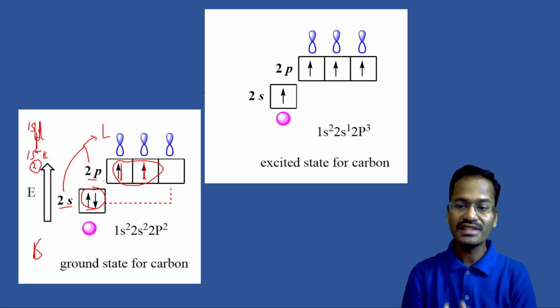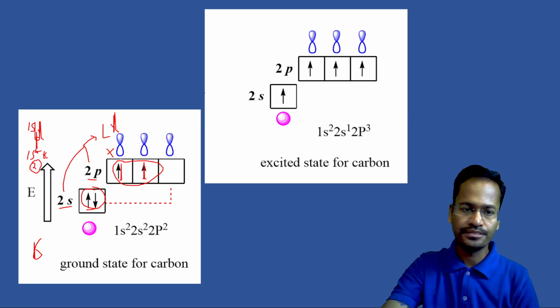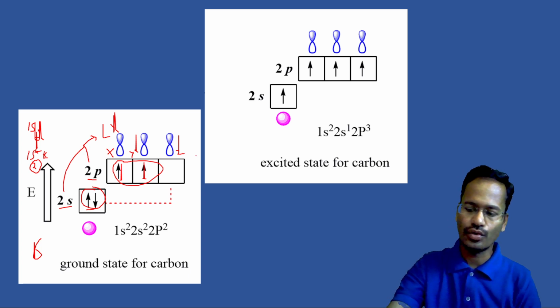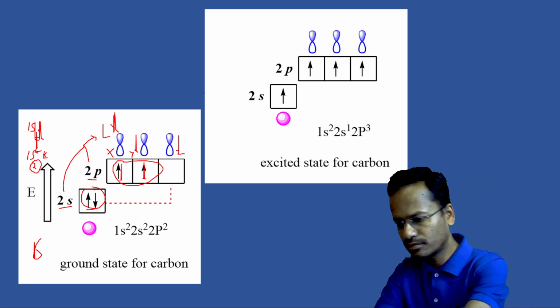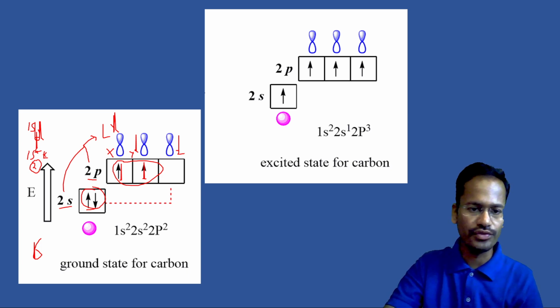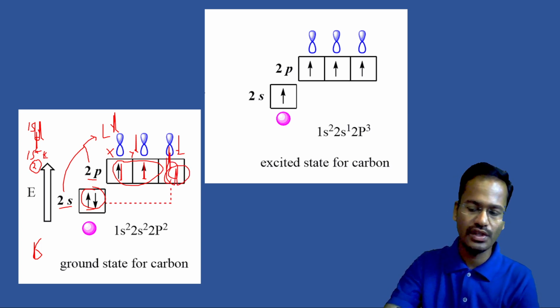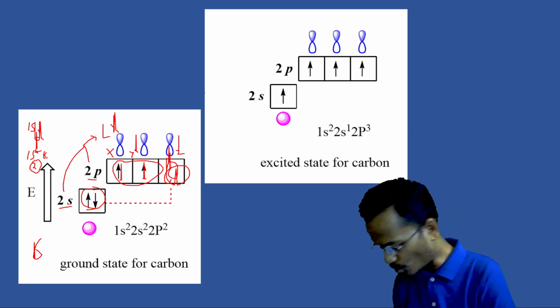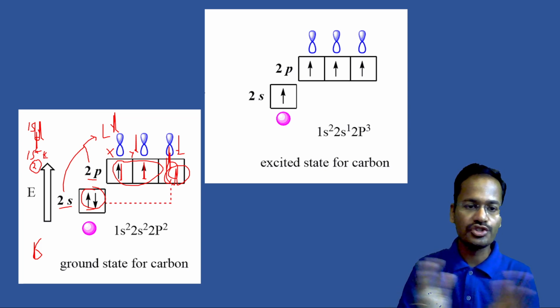So what's exactly happening at ground state is 2px is having 1 electron, 2py is having 1 electron, and 2pz is having no electrons at all. So what exactly happens because of this is one subshell is having 0 electrons, and this is resulting in high instability in our carbon,